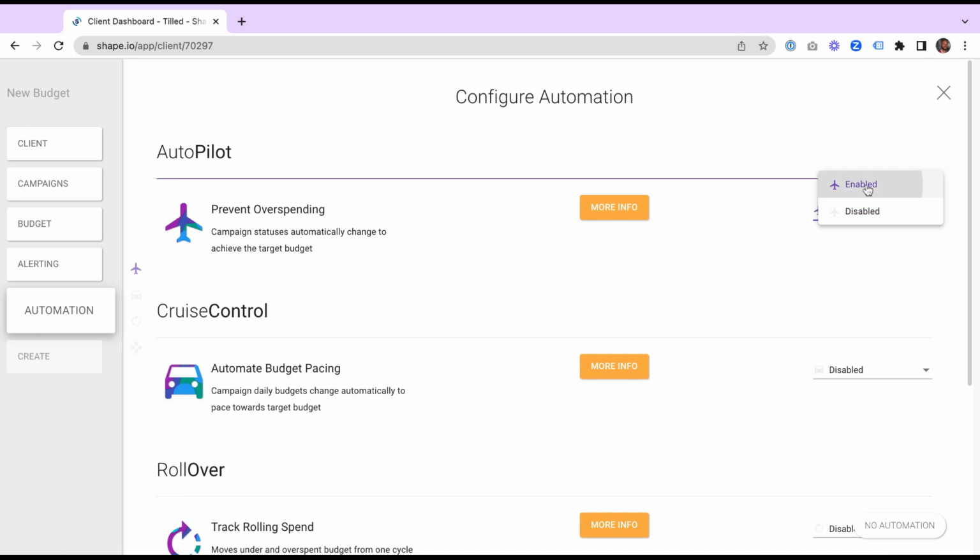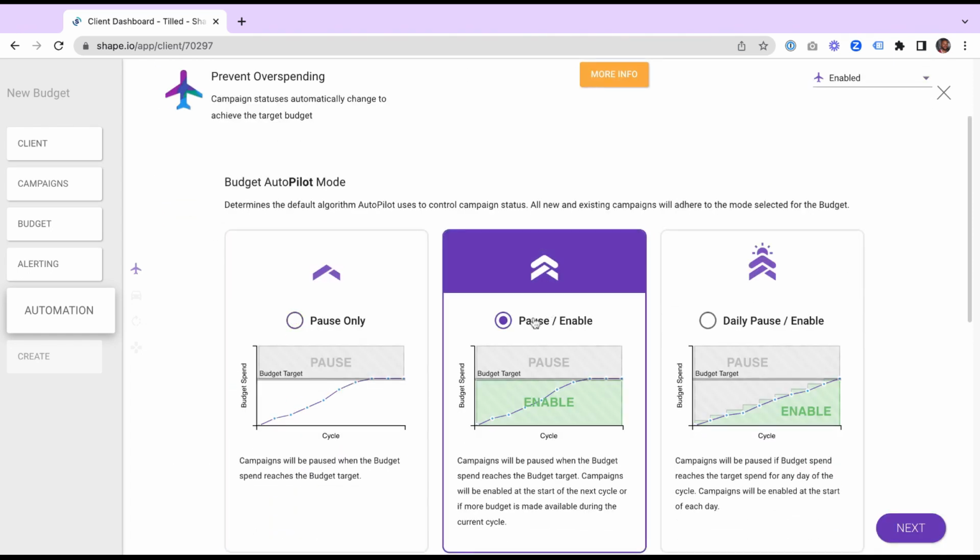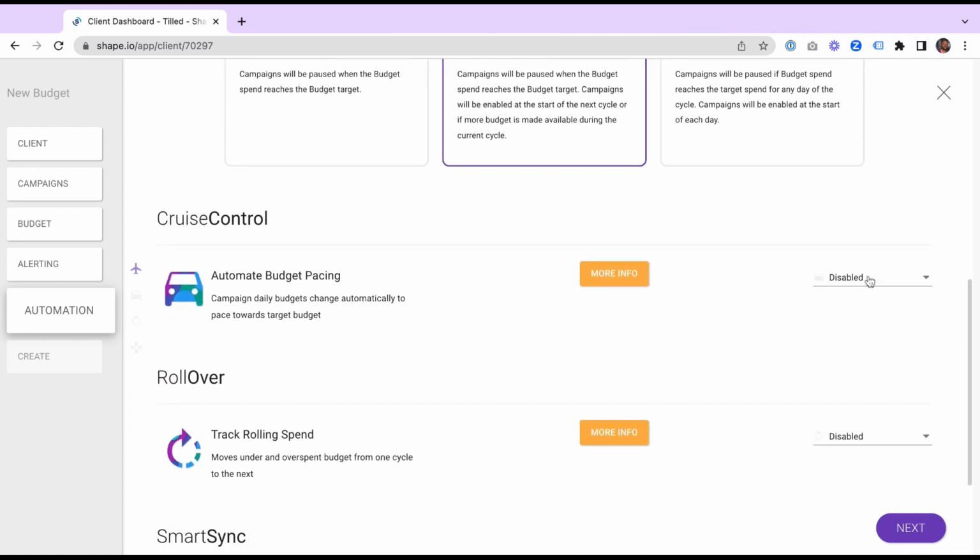As far as automation goes, I always enable prevent overspending. So this way the campaign or Shape knows when Google campaigns are close to overspending. So they'll either pause the campaign, and once the month restarts, it'll enable it again back at 0. And then automated budget pacing, just make sure that we stay in line with our budget for each month, and